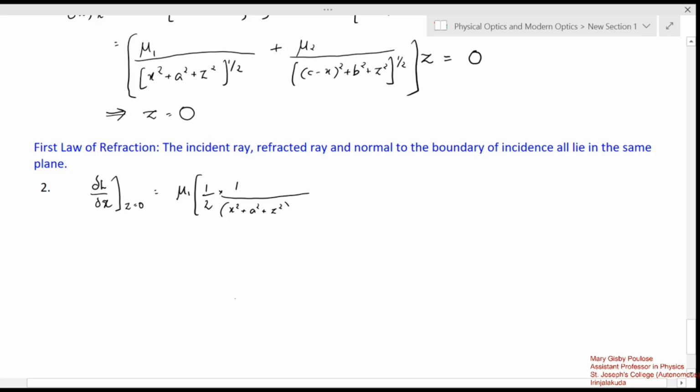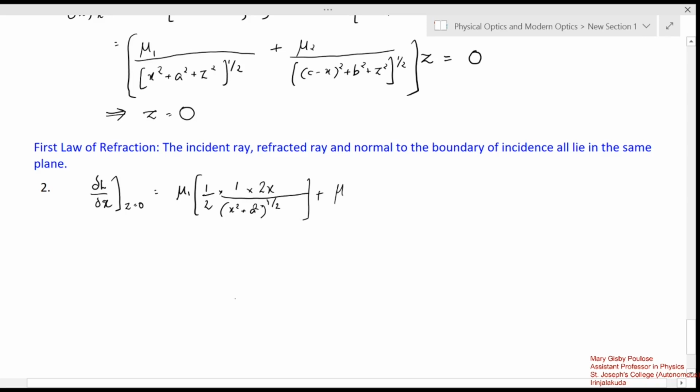No need to write z², right? Because z is 0. Okay, fine. That is (a² + x²)^(1/2) into 2x